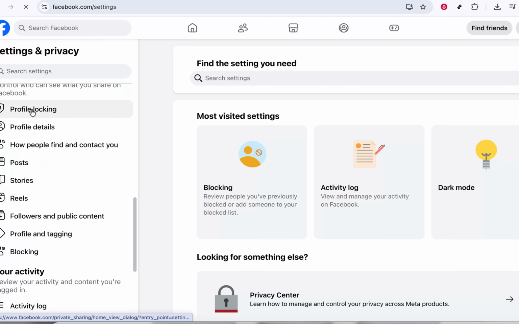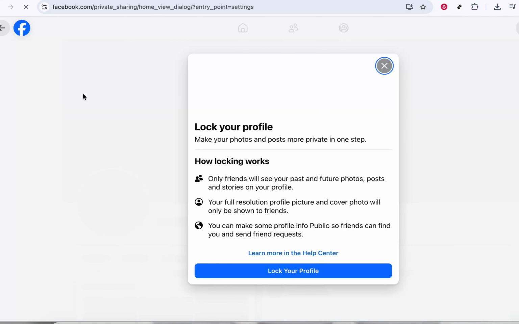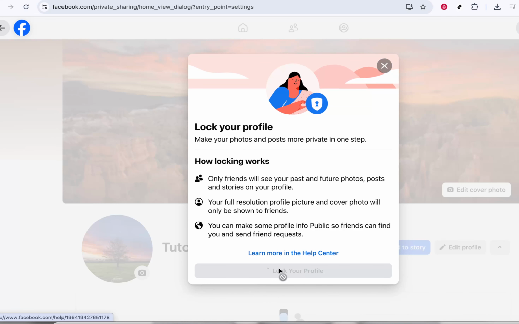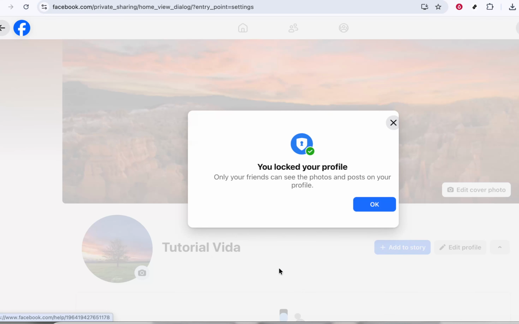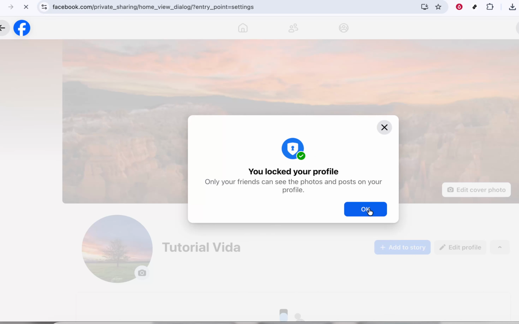If you don't see the Lock Profile shortcut in that More menu, there is another path you can try. From any Facebook page, look toward the upper right corner and click on your small profile icon. This opens a menu related to your account. From there, go into your profile or settings area and scroll